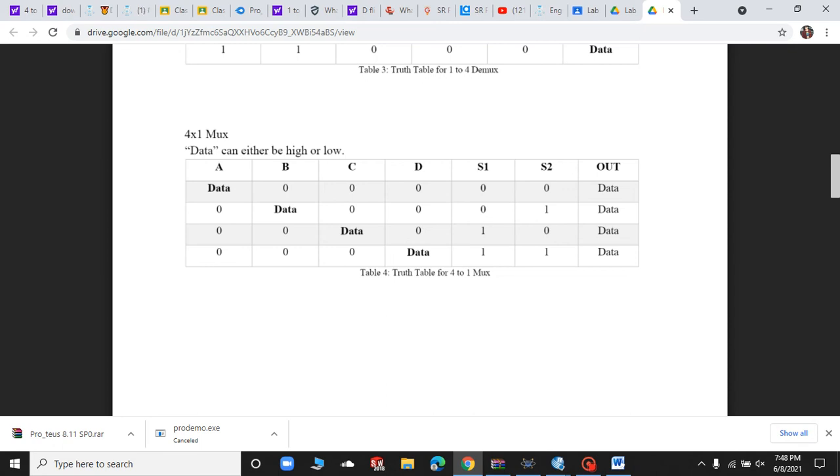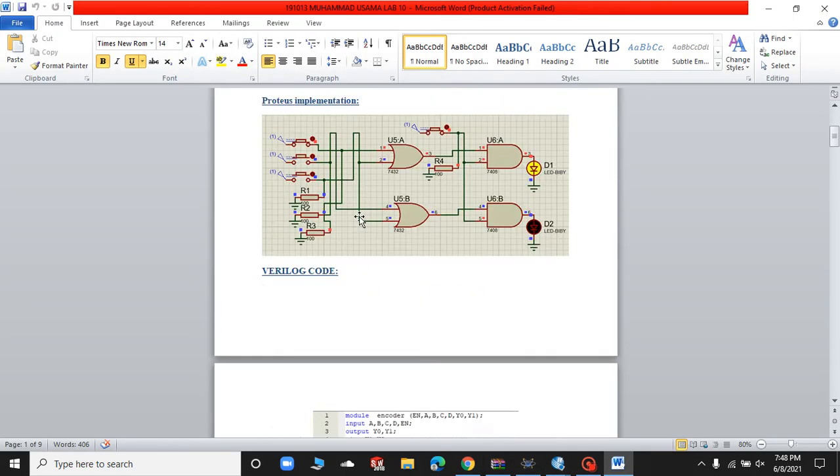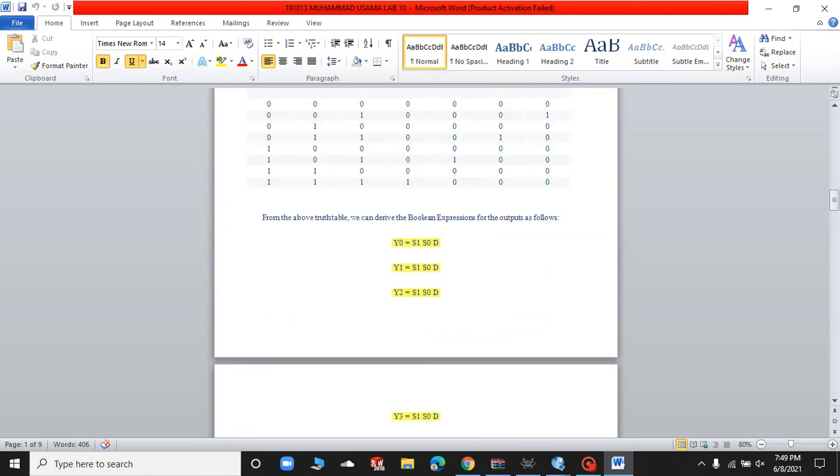It can't give multiple high outputs at the same time. Here a can be equal to 1, b can be equal to 1, c 1, d 1. The selection pins are basically the output which we are expecting from the multiplexer.